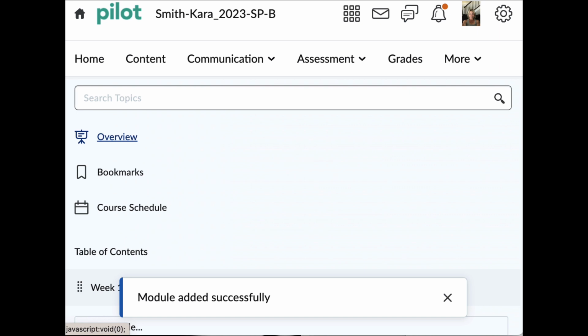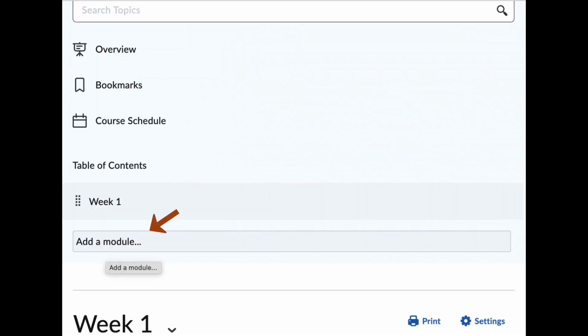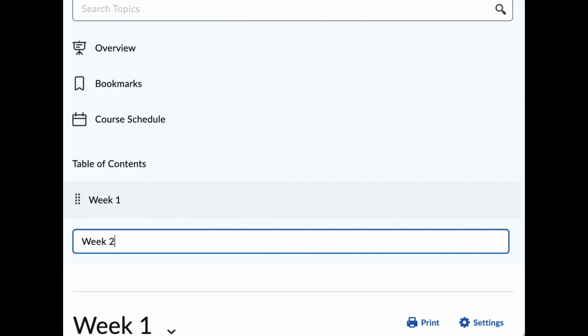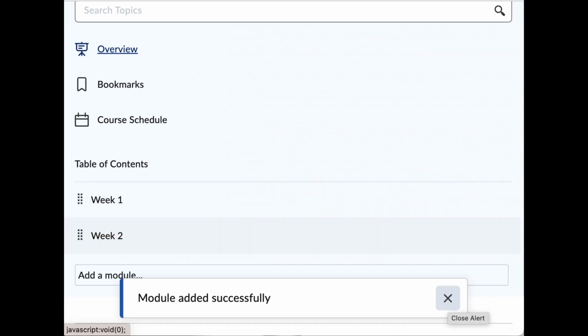Click Enter after naming your module, and you will be told that your module was successfully added. To add a second module, just click on Add a Module again. You can then add the name of your second module, which I chose to name Week 2. After adding your second module, click Enter, and the system will tell you that again you have added your module